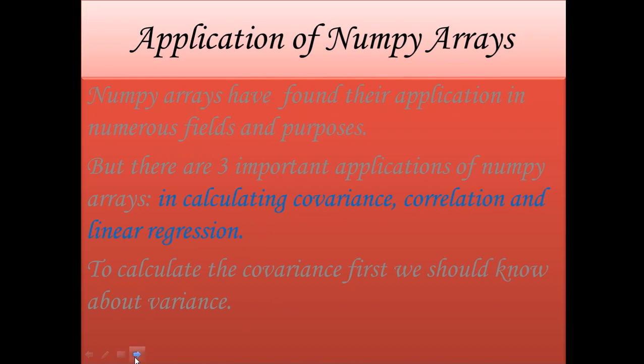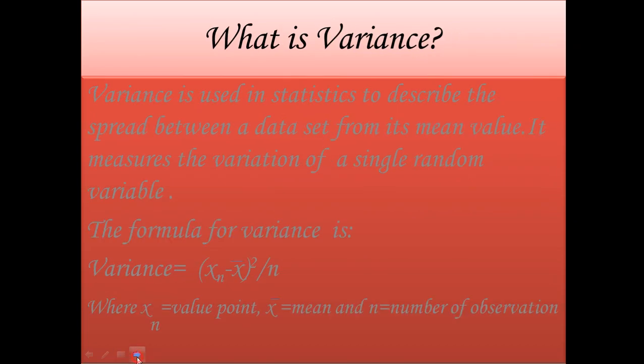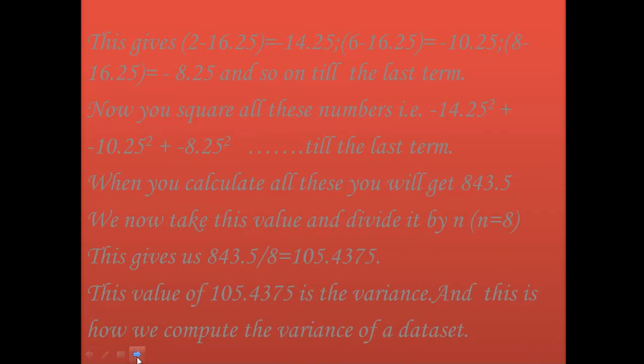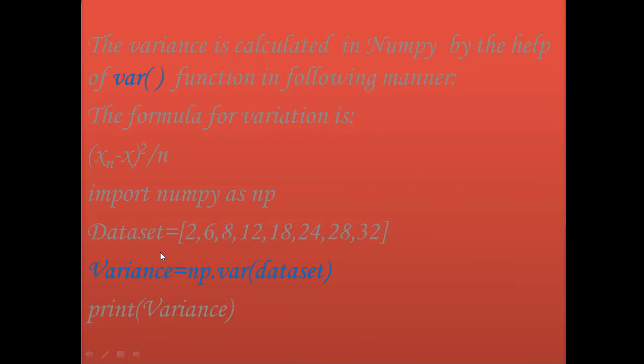What you need to do is, wherever I have written to calculate the variance or covariance or linear regression, import numpy and write the whole code starting from here till here. This is about the variance. Next, I showed you import numpy as np, and then the two arrays created for covariance, the third one was the correlation, and the fourth one was the linear regression, and you need to see the output. That's all you need to do, nothing much.